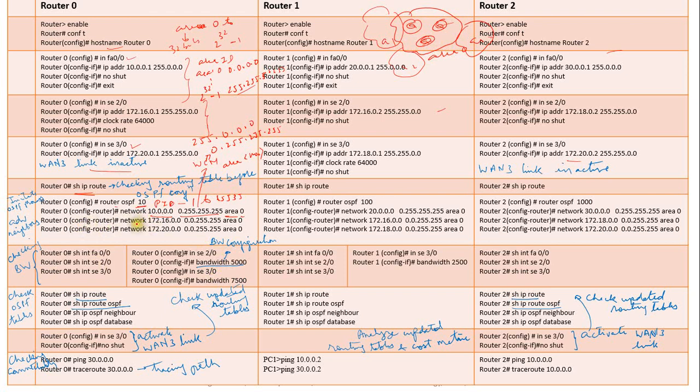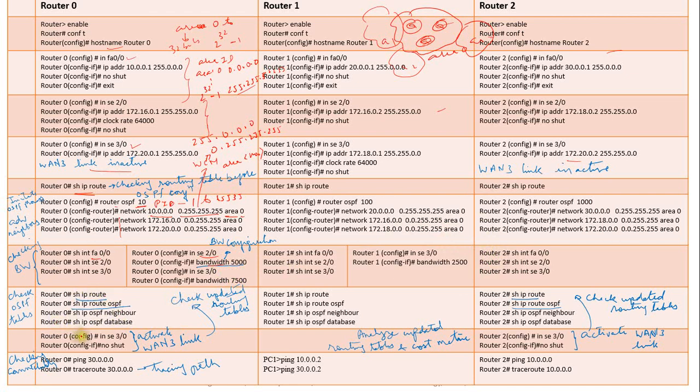Now here similarly the other networks can be advertised on router 0. Similar steps can be configured on router 1 and router 2 as well. Then next is to check out the bandwidths available on the different interfaces of this router. It can be checked with the command show interface and that interface number. Note down the bandwidth, and if you wish to change the bandwidth, then you can use the command bandwidth 5000 on the particular interface. The unit is not mentioned here, only the value of the bandwidth should be given in the bandwidth command. Similarly, you can follow the steps on the remaining two routers.